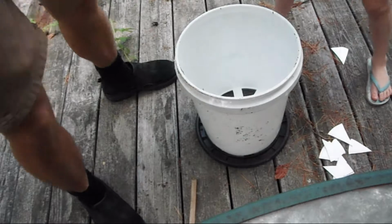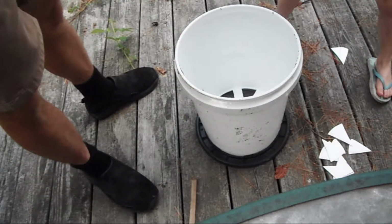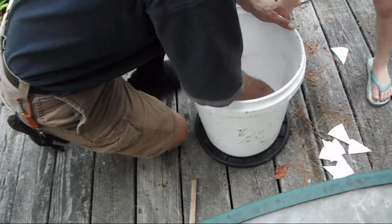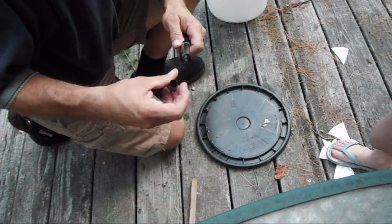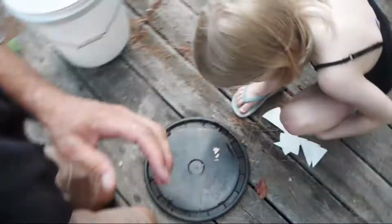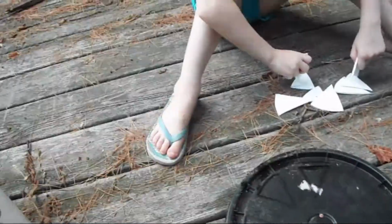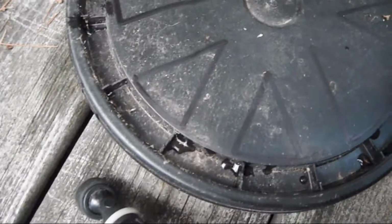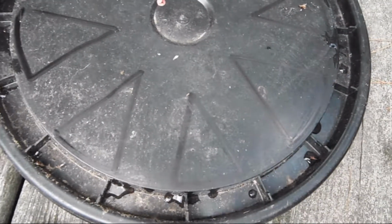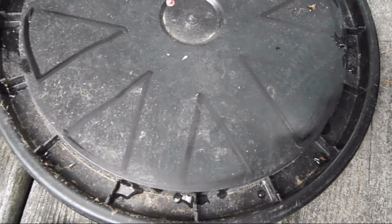I'm going to mark the triangles on the inside. Well, I don't know how well you can see that. You can see it alright on there. So now I can see where my things are going to hit. Alright, so here we have the bucket lid. What I'm going to do now is right about where I want